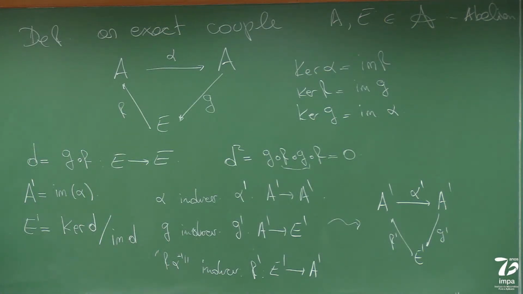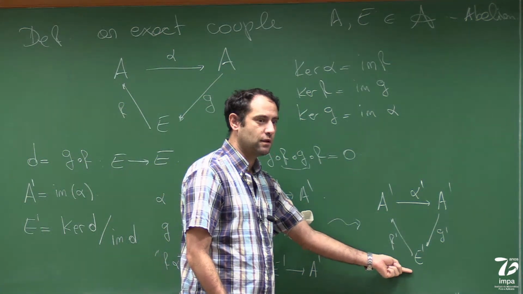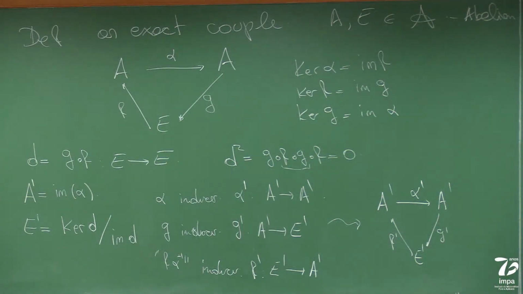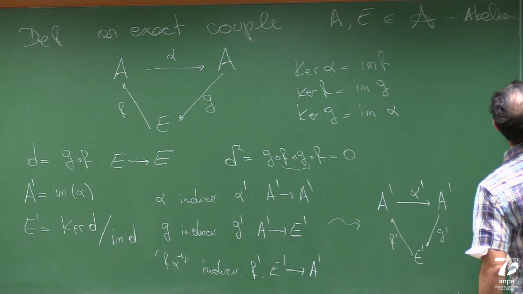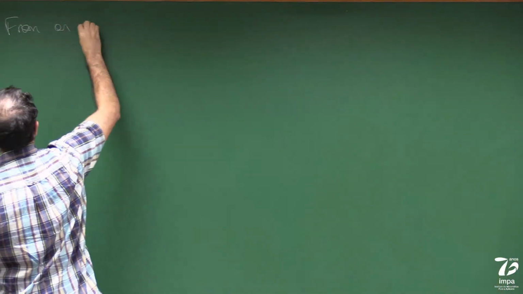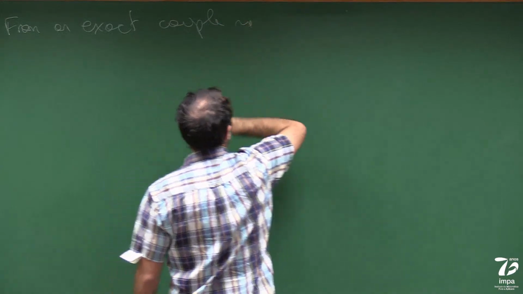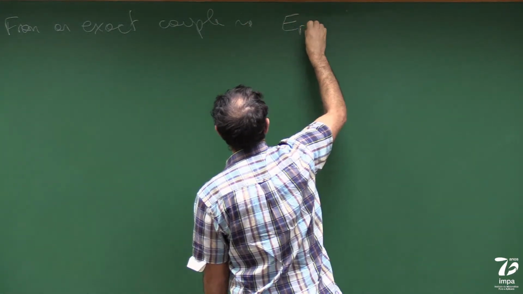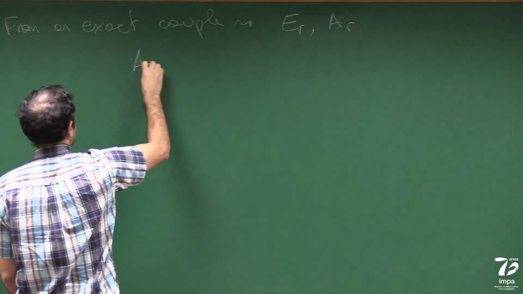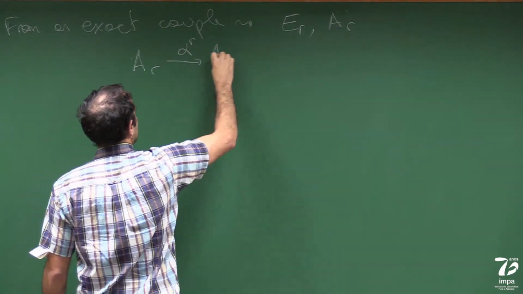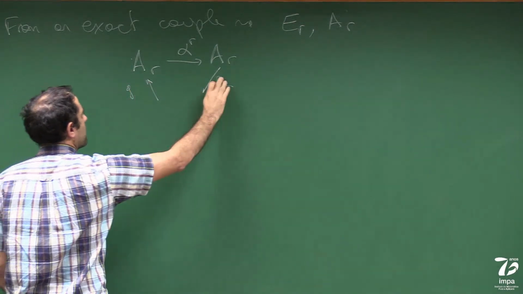Which again, I can just repeat this process and I get a new complex E prime. I can continue this process and get new complexes at the bottom. So this way, from an exact couple, I obtain E_r's, A_r's, and maps alpha_r from A_r to A_r, F_r, G_r, oh, the other way around,